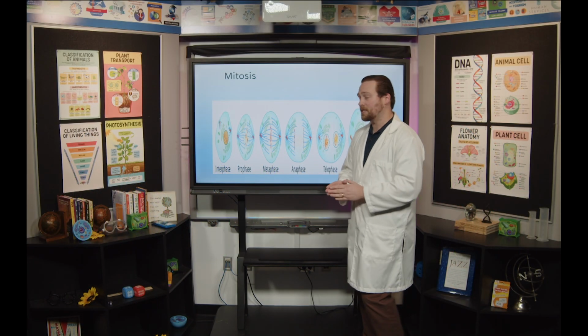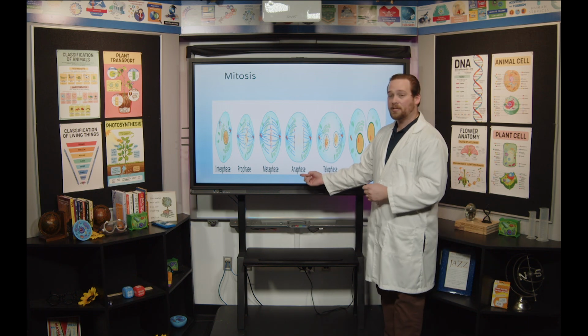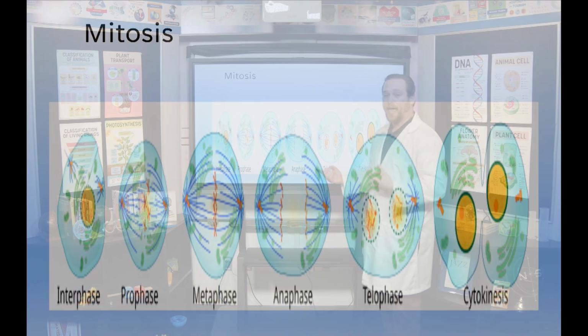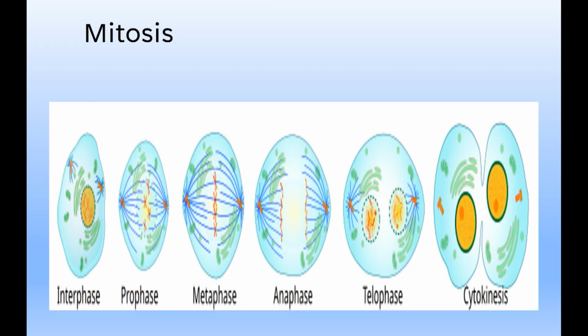Because look what happens in the next part of mitosis: we have this phase right here called anaphase. During anaphase, you can see how those blue lines are pulling the chromosomes apart from one another, right? Half of the chromosomes are going to one side of the cell and the other half are going to the other side. Well, what I want you to remember for anaphase is the word apart, right? They're moving away or apart from one another, right? If you can remember that, you can remember what's happening in anaphase. Okay, let's go to telophase.